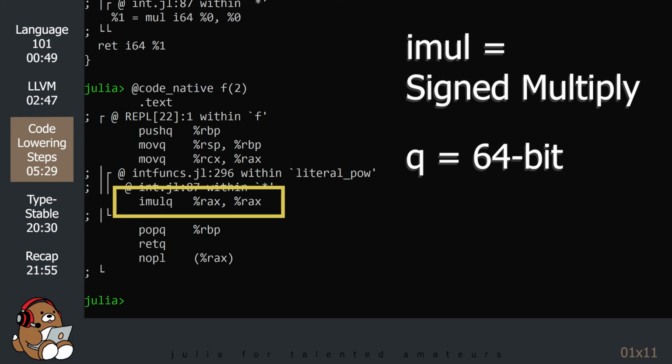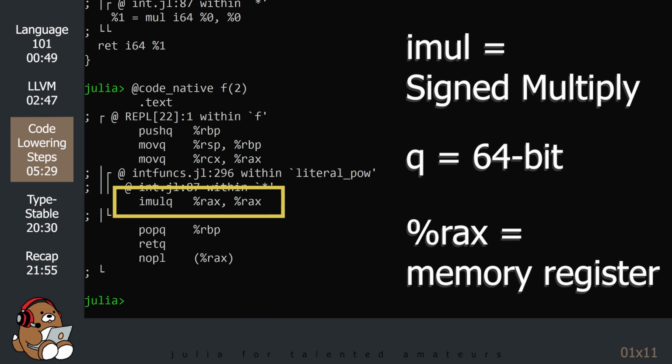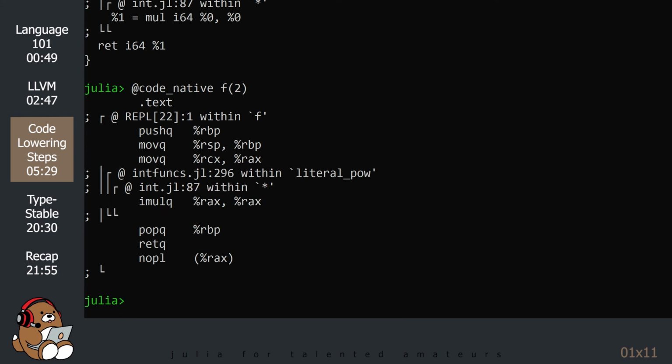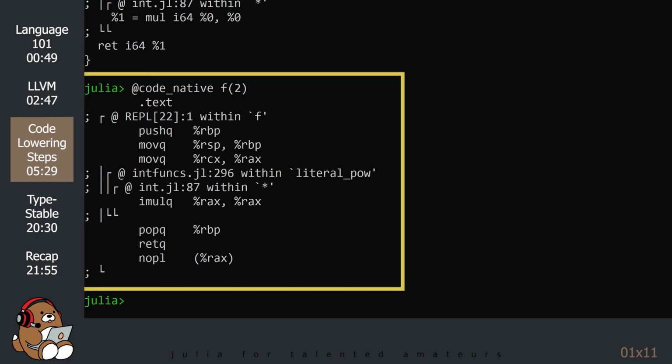Note that there's only one register location called %RAX. That's the memory location where my computer has stored the 64-bit integer 2, and that line is telling my computer to multiply 2 by itself. It's fascinating to see how much is going on under the hood. By the time the entire process unwraps our simple code, it's been transformed into a longer, more primitive version of the code in a language that your computer can understand.